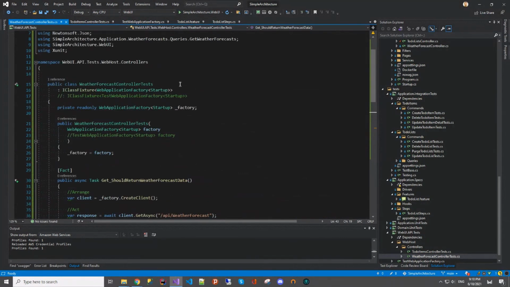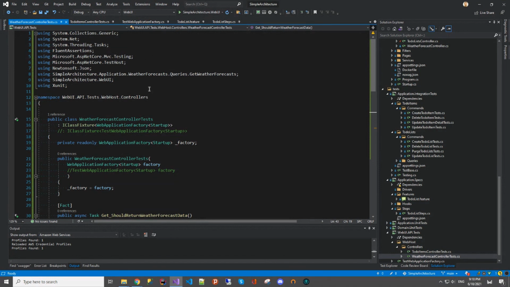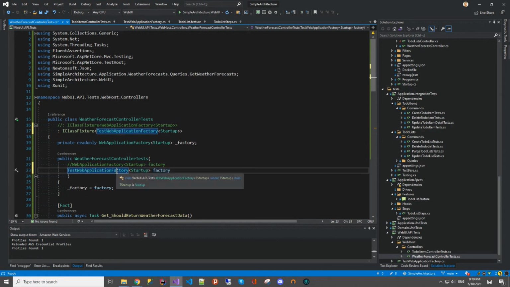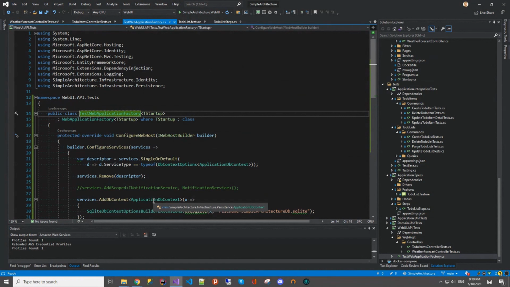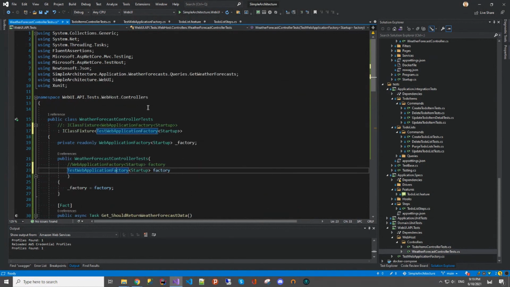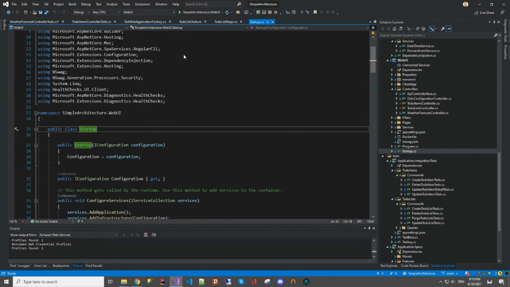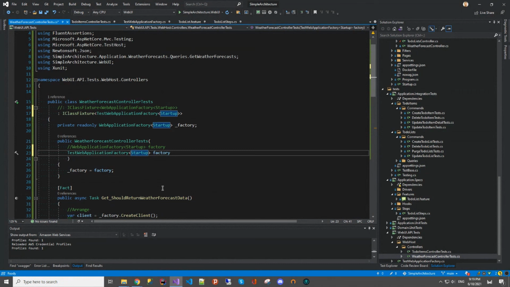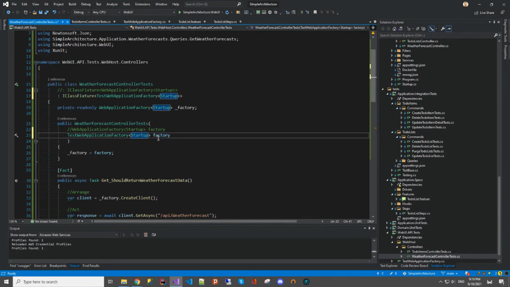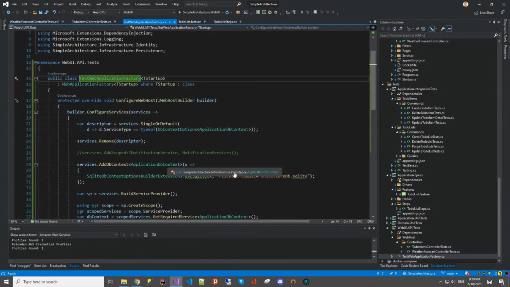As I already mentioned in the slides, when we use this ASP.NET MVC testing library, we can have the default web application factory, or we can have our special application factory with overrides of the default startup file. Here you can see that I'm using the startup file that is in the actual web project. Under the hood, this test will create the application host and the client, and also provide the ability to override